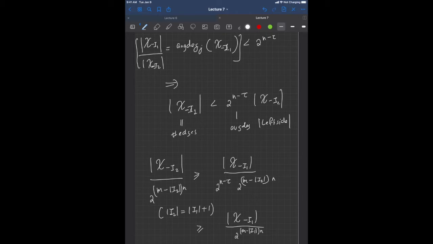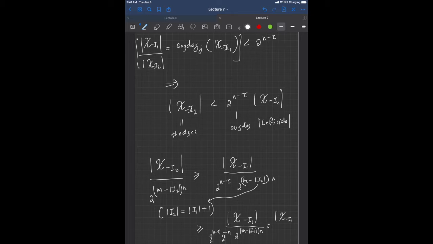So I'll get a minus n outside, right? I'm just substituting I2 by this formula. So if I substitute by that, I would get a 2 to the m minus I1 times n part and a 2 to the minus n part, and then there is a 2 to the n minus tau. If you simplify all of this,